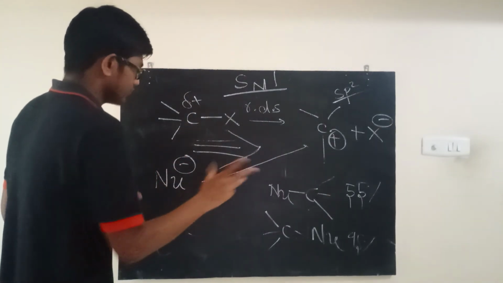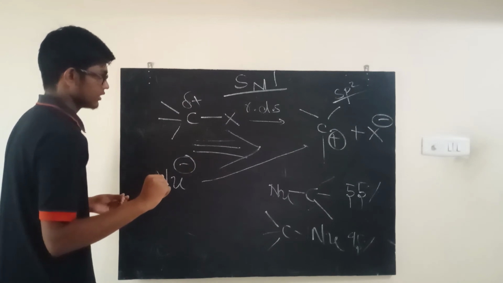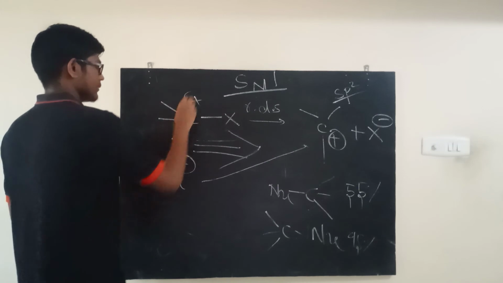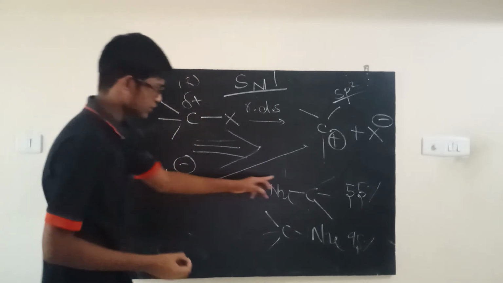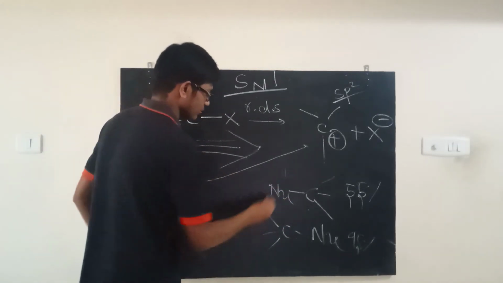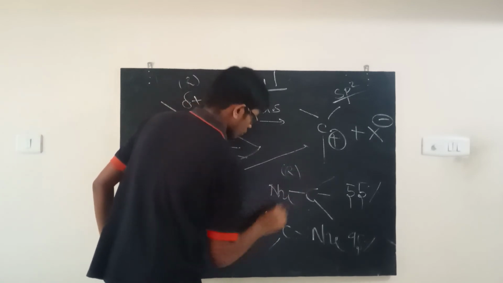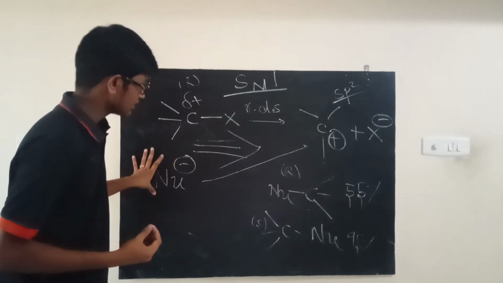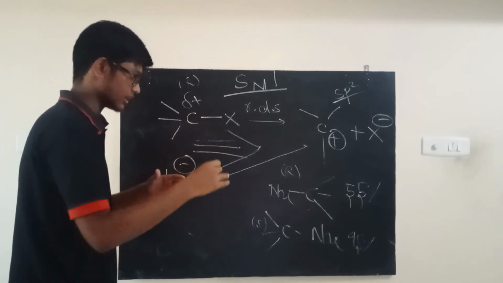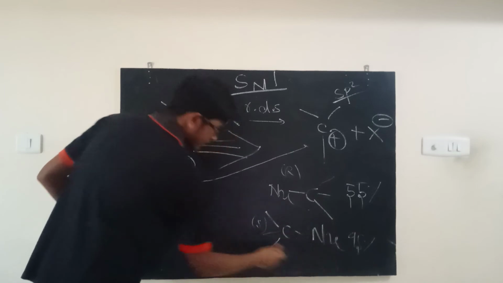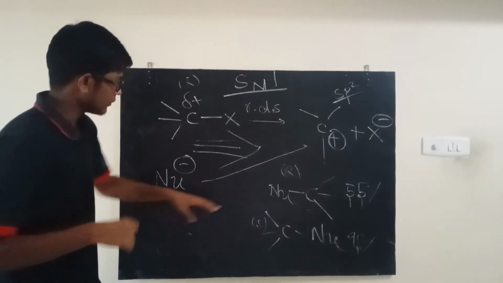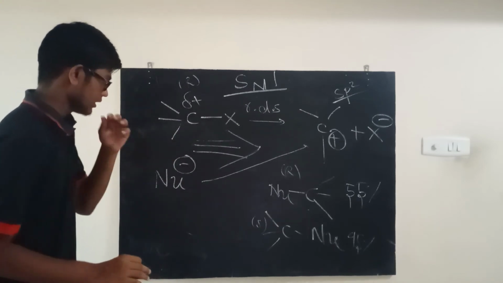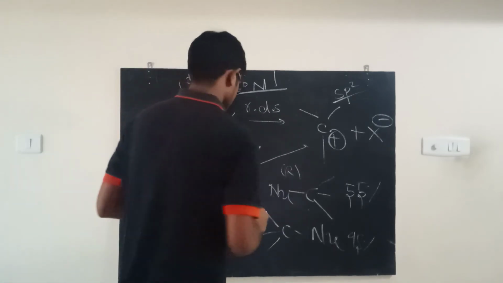So you can see that since both are possible here, if this was optically active, for example R or S, you can only get 2 possibilities and both of them will be opposites, right? So you get one R and one S. Which one is R and which one is S, I can't tell, because depending on what the nucleophile is, the inverted one could be the same as the original or the retained one could be. So we don't know that. But all we can say is one is going to be R, the other is going to be S. We can say that for sure if this guy is optically active, right? In that case, this is what we call racemization. Okay, so that's the word.